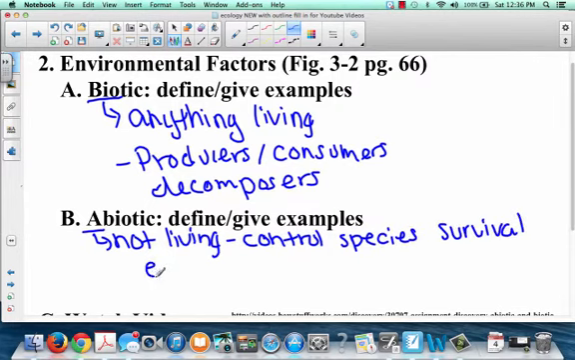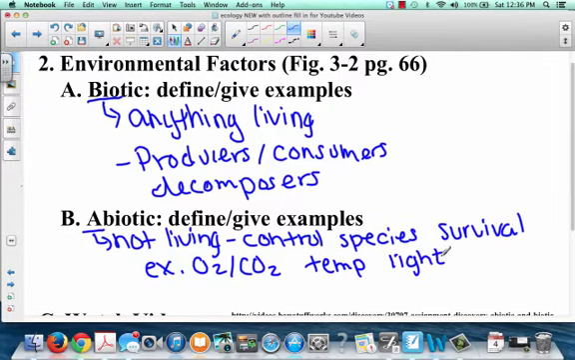Okay, so examples here are going to be oxygen and carbon dioxide levels. It's going to be temperature. It's going to be the amount of light that the ecosystem receives. It's going to be maybe in the ocean, the amount of salt, so the salinity of the water. These are all things that, if it goes in or out of the range, also add pH to that. You know, certain areas, the pH may change, and it's just too acidic or too basic for certain species to